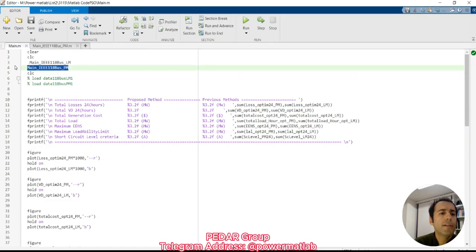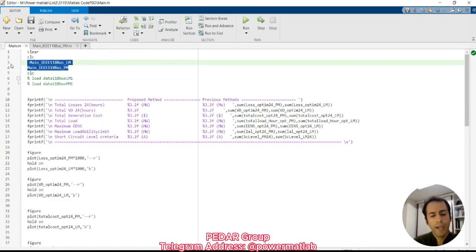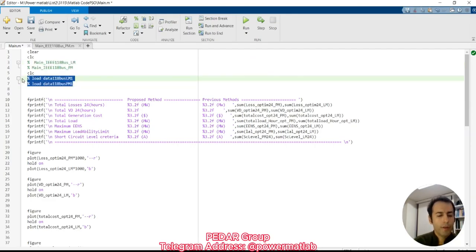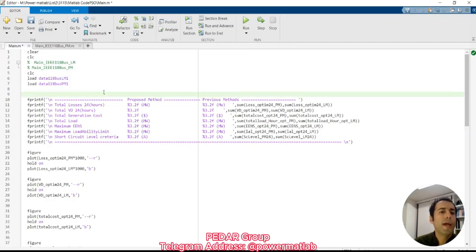So I comment these two Matlab lines here and uncomment this Matlab code to show you the result which is saved from the last run of the simulation. By pressing the run key here,